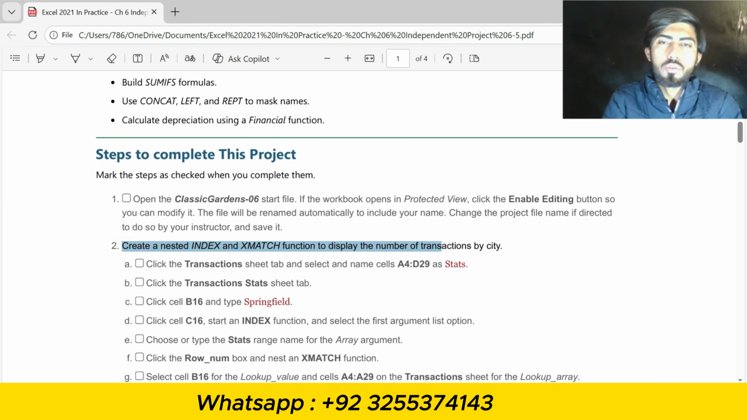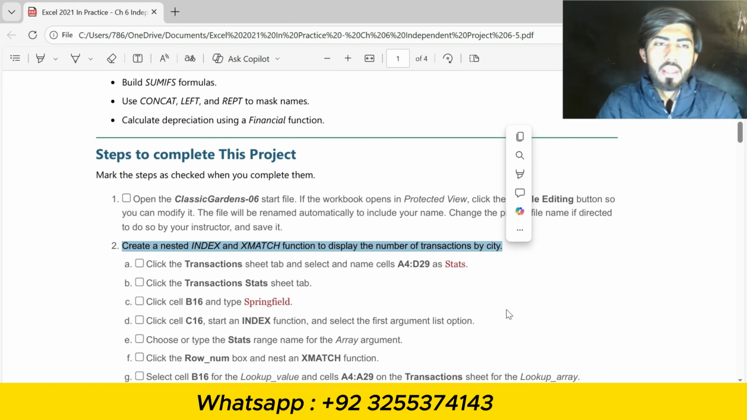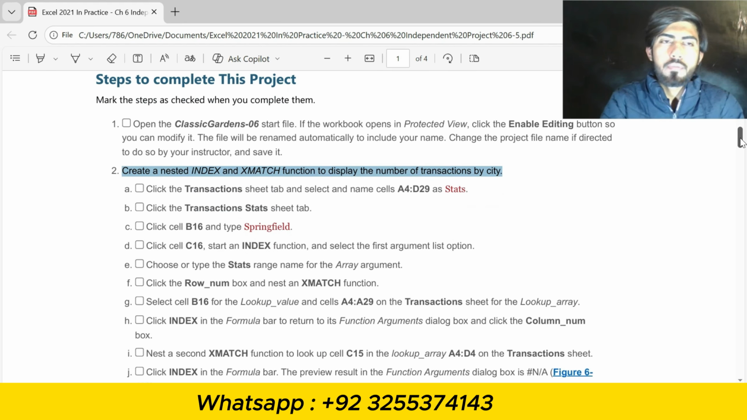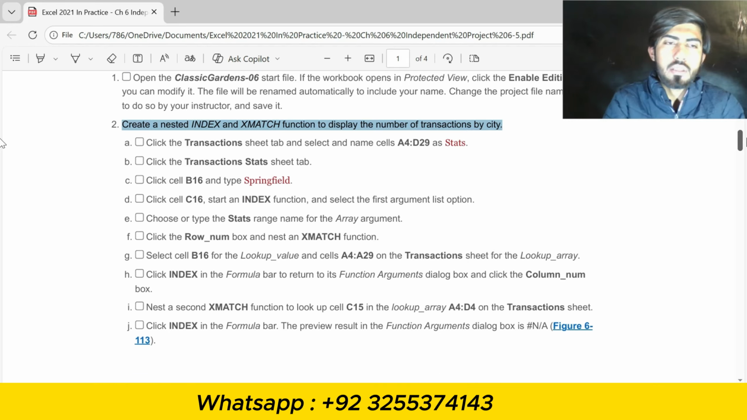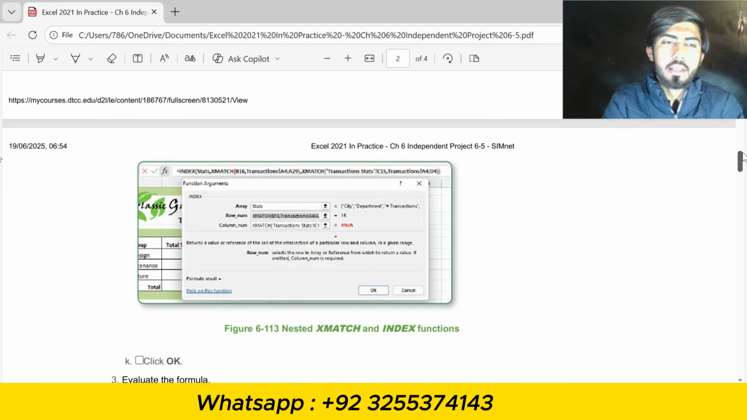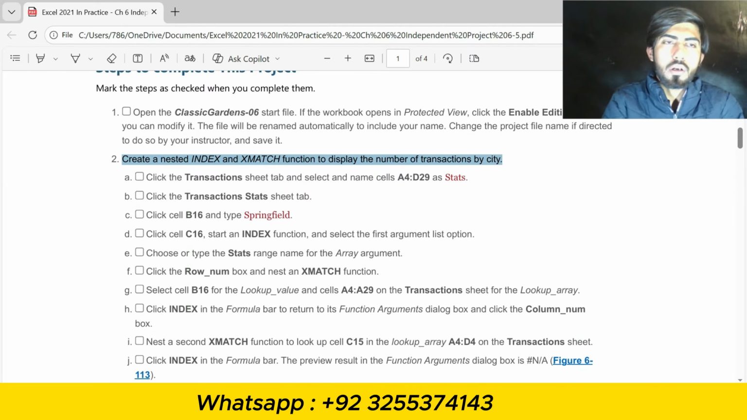Now I'm going to do question number 2. Question number 2 is create a nested INDEX and XMATCH function to display the number of transactions by city. Question number 2 has parts A, B, C, D, E, F, G, H, I, J and K. So our part A is